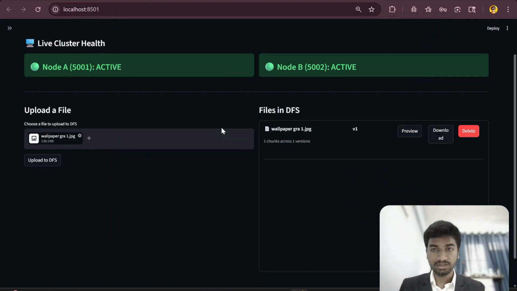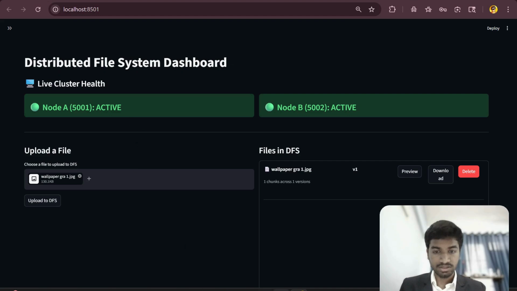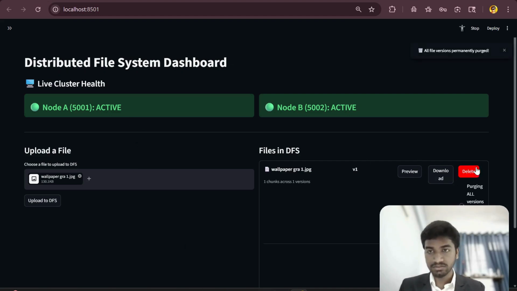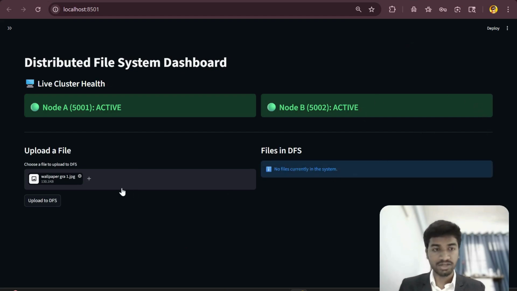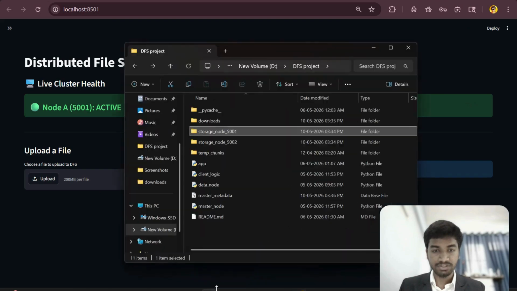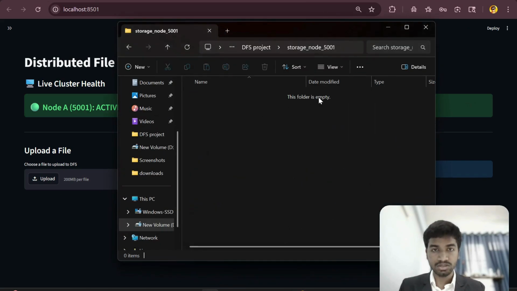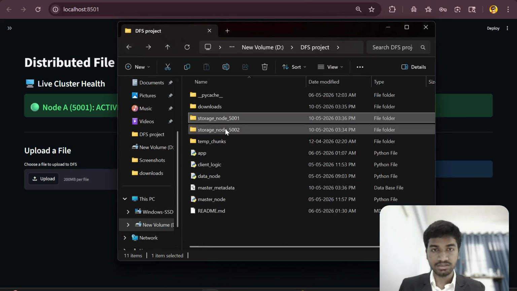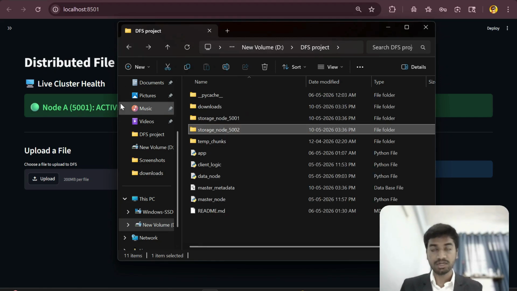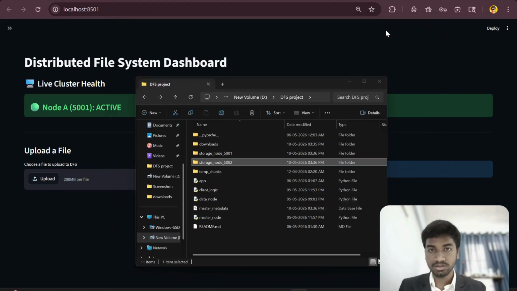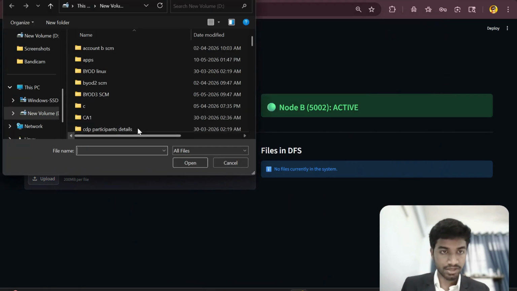For example, take a situation that, first of all, let's delete this file. See, the file is completely deleted, and if you just go to the nodes, see, nothing is here, which shows that the file is completely deleted from our node as well as from our database. So let's again upload a file,